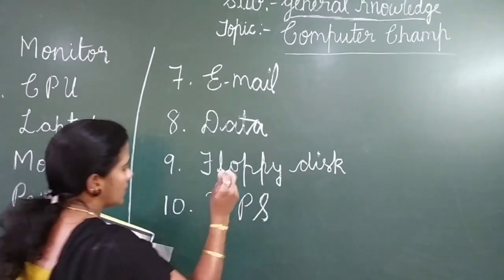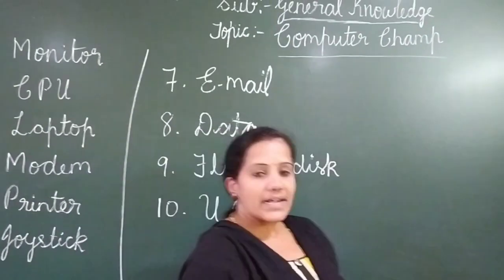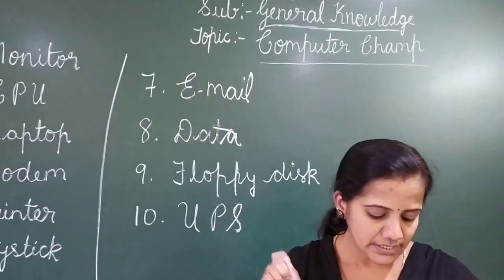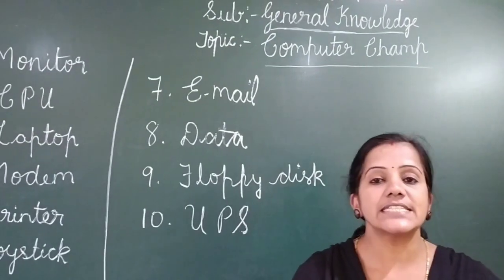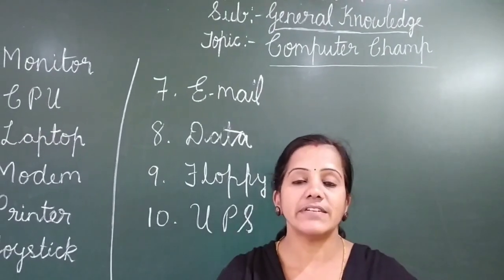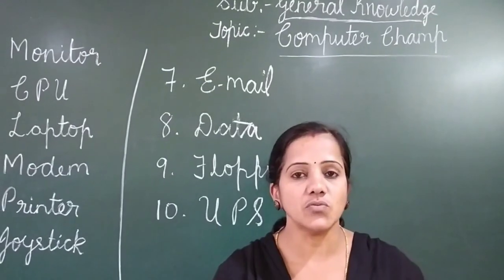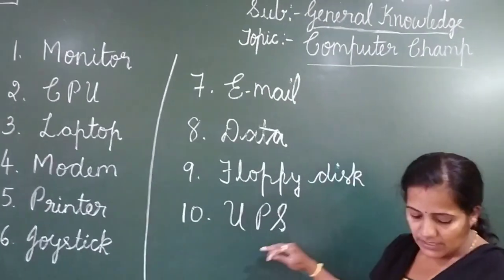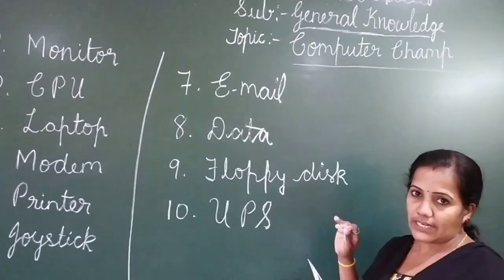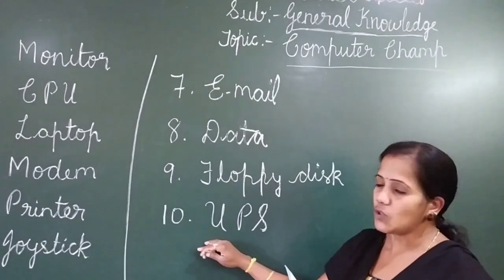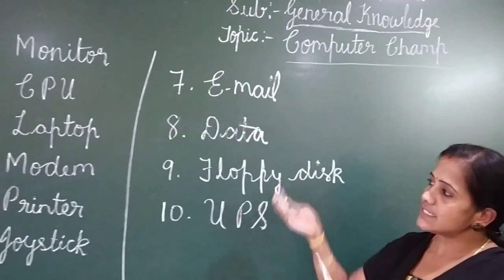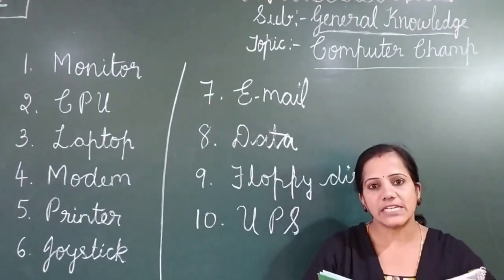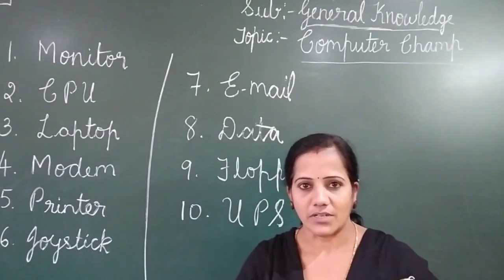Okay. So a backup power unit that provides continuous power when the normal power supply is interrupted. Okay, when the normal power is switched off, if you want to work continuously, we can work through the UPS. Okay, so it is through UPS. Okay children, so write down neatly. So these are some of the information related to the computer. Okay.